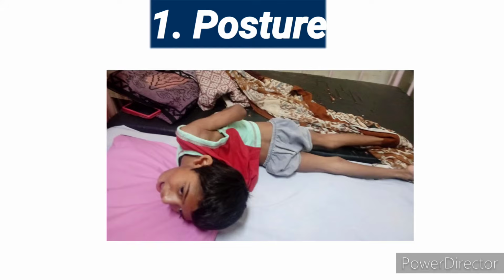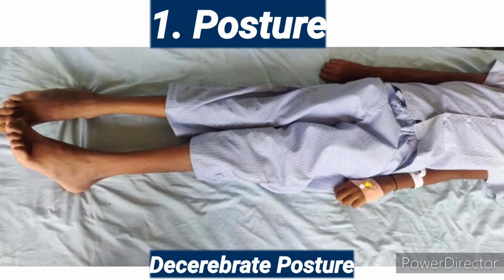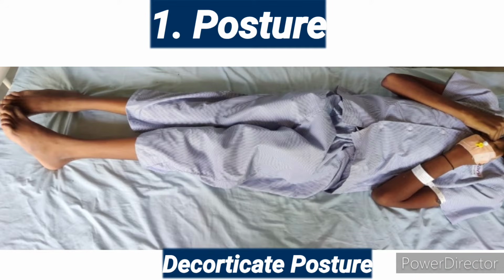First, in the motor system examination, we have to observe the posture of the patient. Is it the normal posture or any abnormal position because of the disease? Example, if the child is having decerebrate posture, the child will have the extension of all four limbs and internal rotation at the joints. It is seen when the lesion is below the red nucleus or intercolliculus, and if the child is having the lesion above the red nucleus, it will lead to the decorticate posture, in which the child will have the flexion of upper limb and the extension of lower limb.